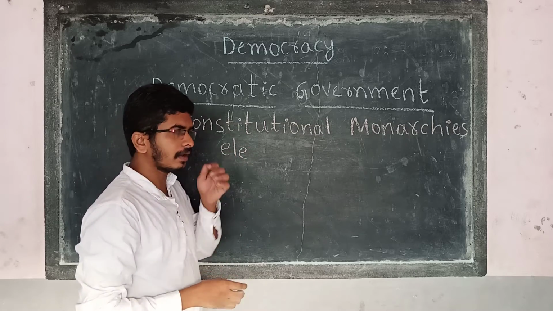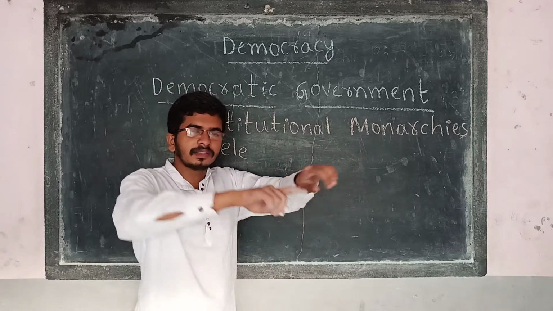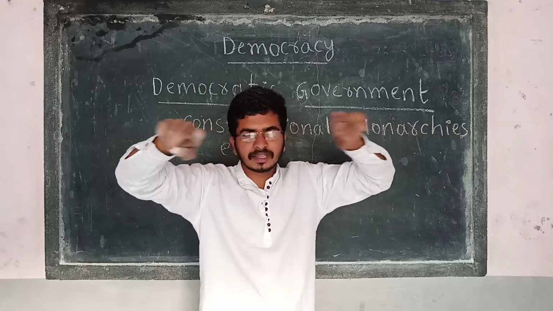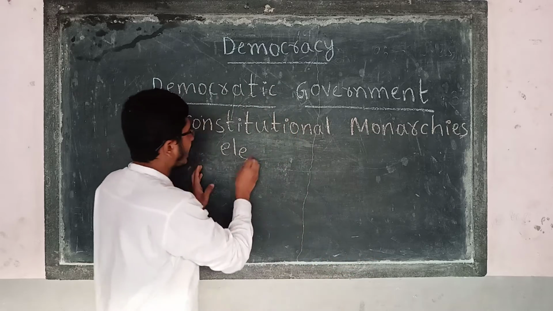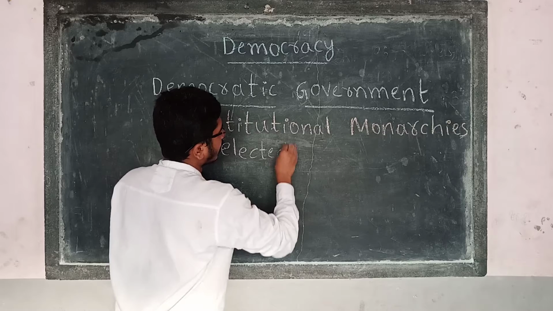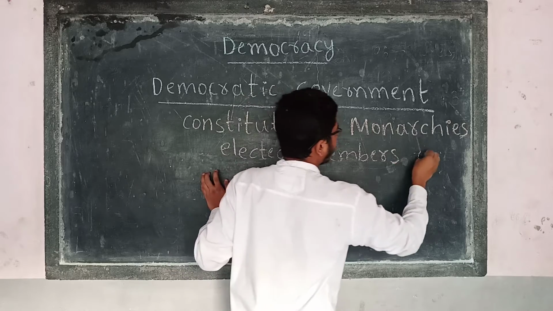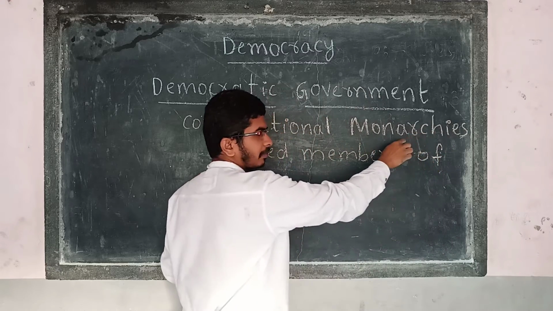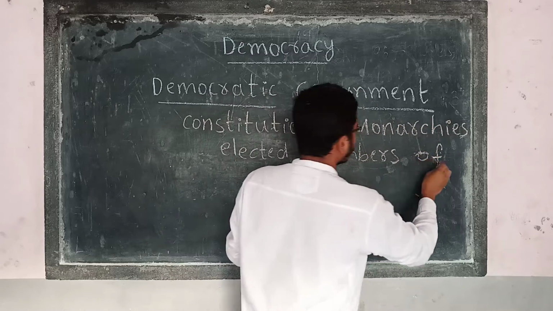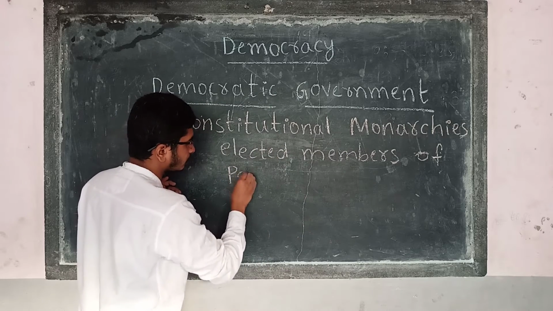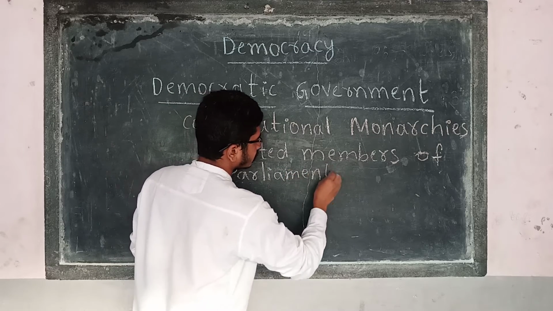You might have seen in England, a prince is there. Their family will only rule. But you can see in the England assembly, there are many elected representatives in the parliament, right? So elected members of parliament, not directly the prime minister. The prime minister is hereditary itself. Here there are elected members of parliament, those elected parliament members